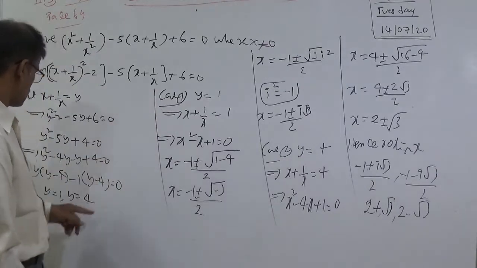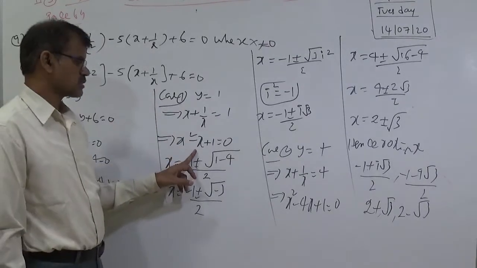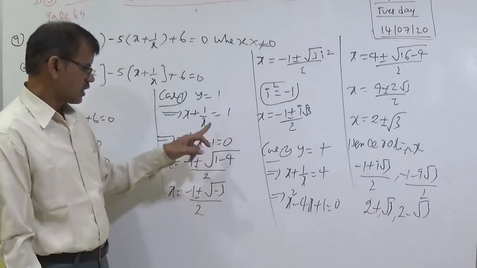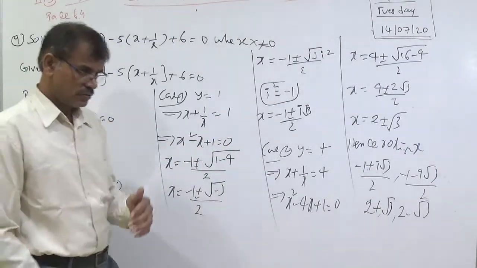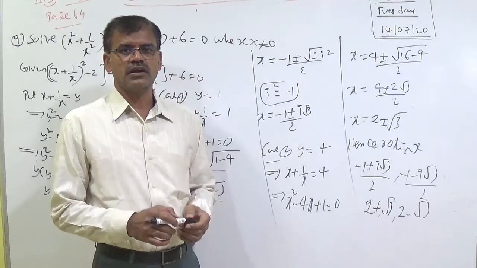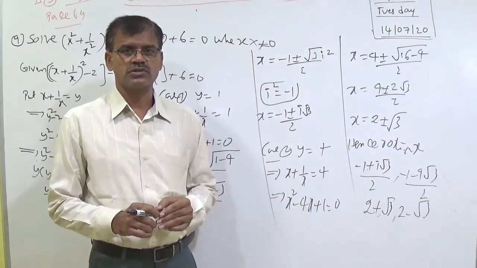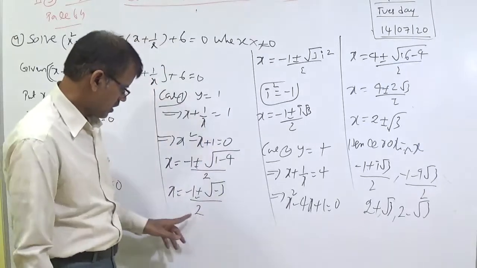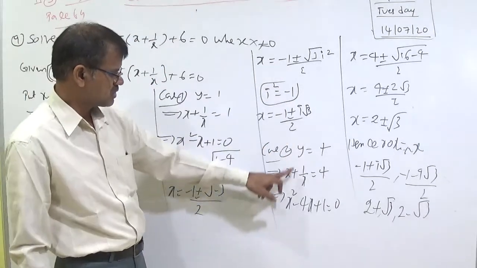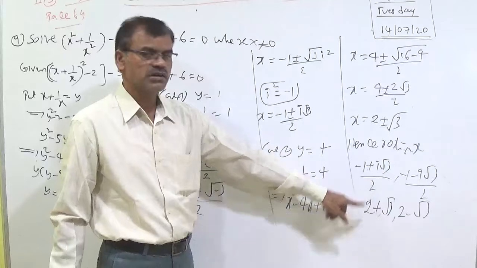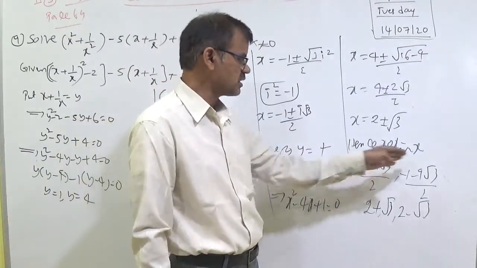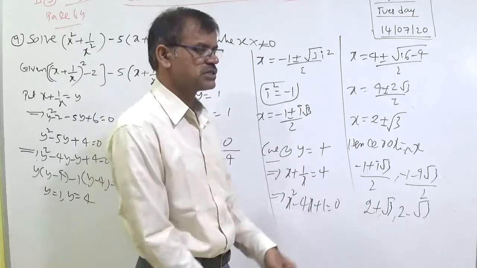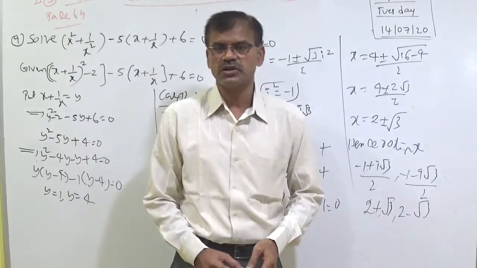If we calculate delta for this one, x square minus x plus 1 equal to 0, b square minus 4ac, 1 minus 4, minus 3. So delta less than 0. If a, b, c are rational or real, you can understand that if delta less than 0, then the roots are always imaginary or conjugate complex numbers. Here 1 plus i root 3 by 2 and 1 minus i root 3 by 2 are conjugate complex numbers. Conjugate means if it is plus, it is minus. A plus root b, a minus root b are said to be conjugate surds, and a plus ib and a minus ib are said to be conjugate complex numbers.